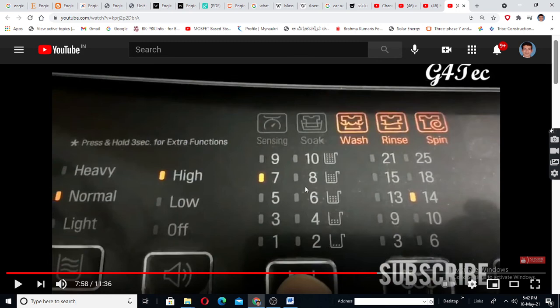So automatically the machine will take only less water. If you are going to put fully, say 6 kg clothes, depends upon your family or number of clothes you have to wash, you can select these. So there are lots of things, you will have to read the manual.